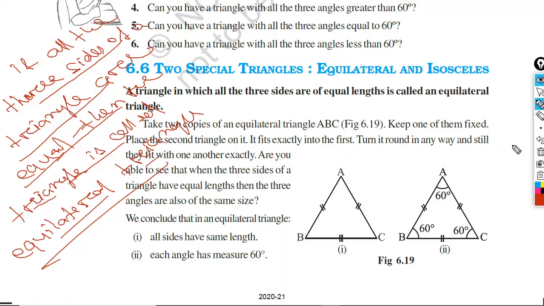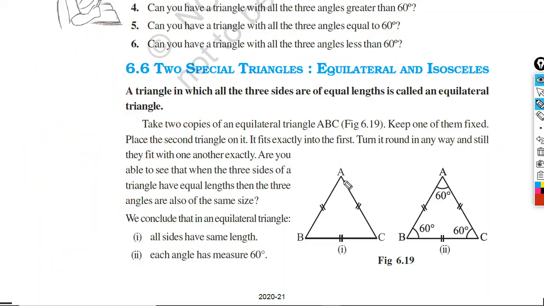Well, one thing is here, in an equilateral triangle, here AB equal to AC equal to BC, and most important thing is all angles are also equal. That means 60 60 60. If all angles are equal, then there must be 60 degree, 60 degree and 60 degree. Here you see 60 plus 60 plus 60 is equal to 180 degree. So in an equilateral triangle, all sides are equal and also automatically all angles are also equal.